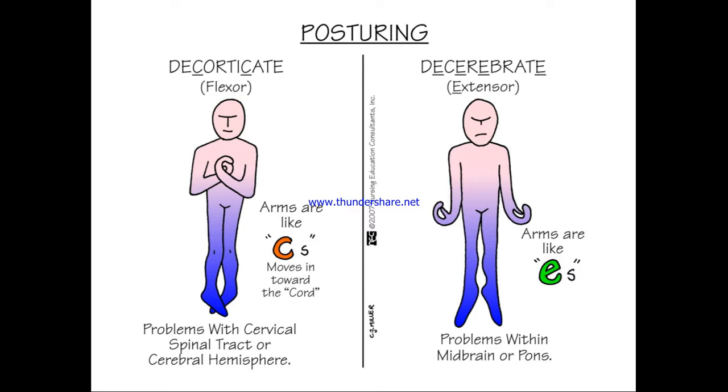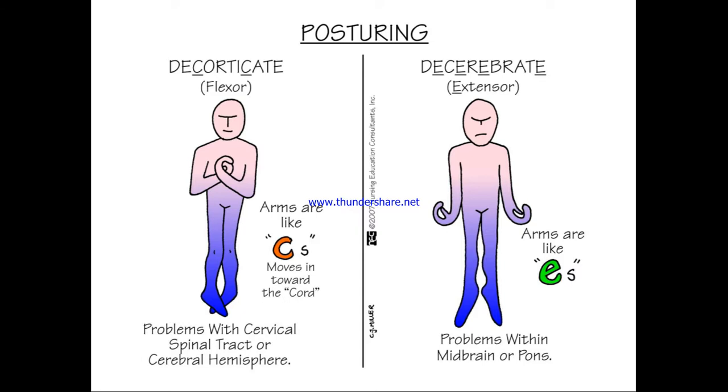And you can kind of use this little alphabetical mnemonic to help you. So decorticate has more C's, so the arms and the feet are moving in like C's, and it's a cortex